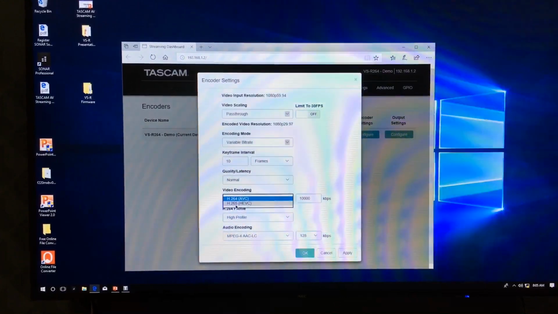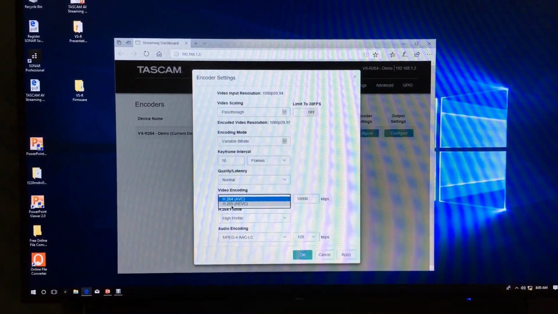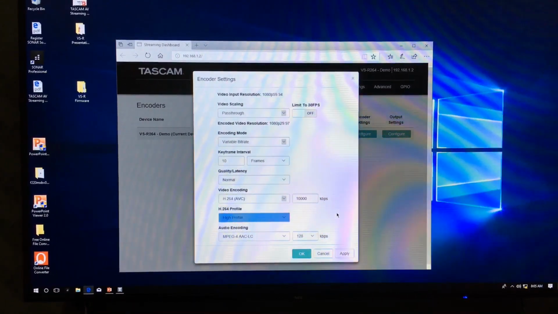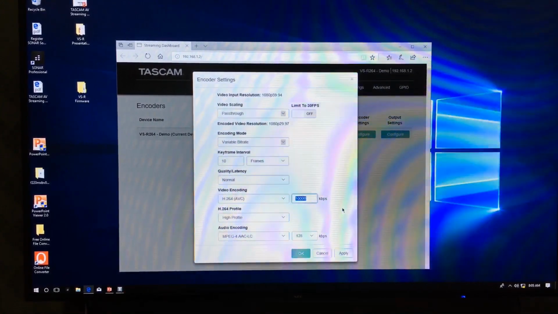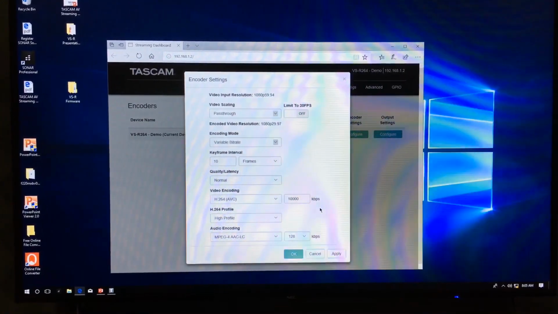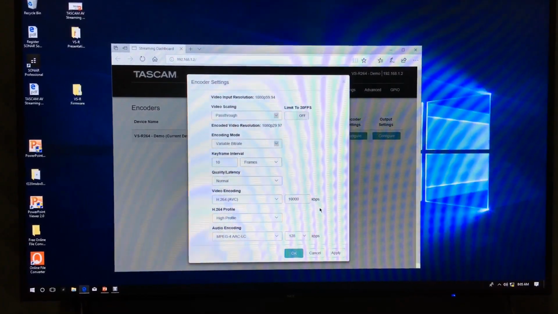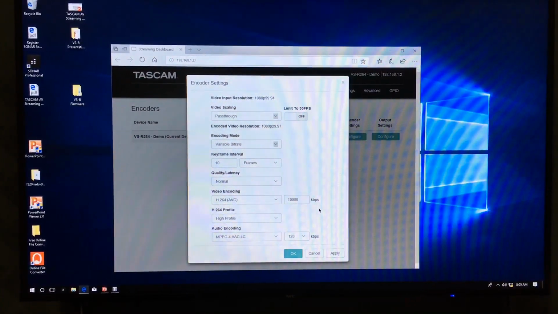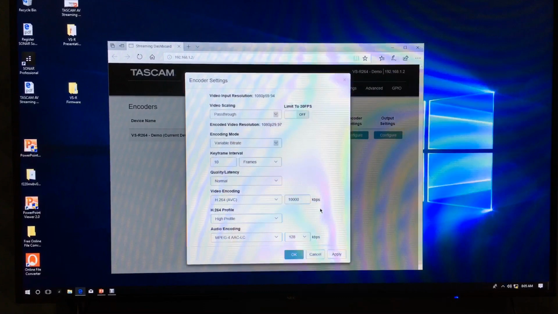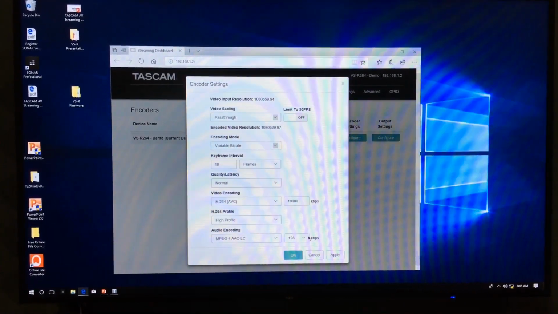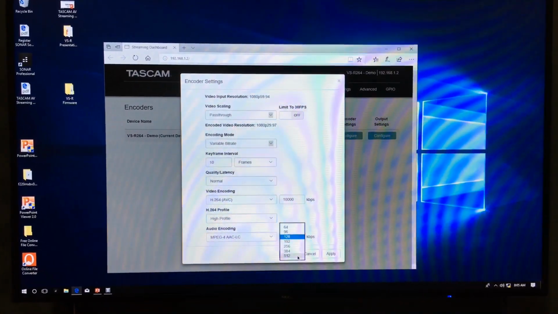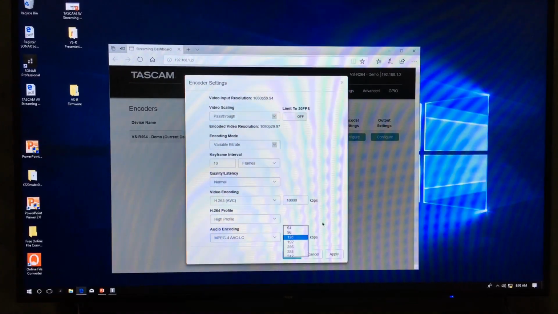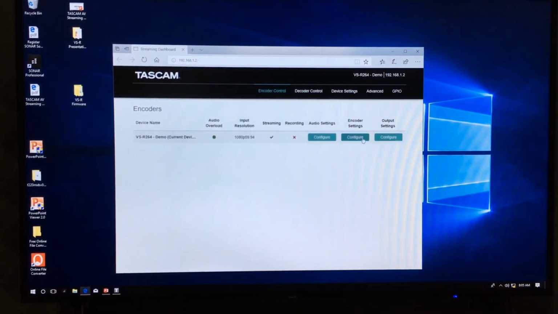H.265 is for the VSR 265 unit, a higher quality codec, and up to 30 megabits. So these are low bit rate encoders suitable for streaming across the web, between buildings, or over a WAN or a LAN. Audio configuration up to 512 kilobits, which is pretty significant and very high quality.